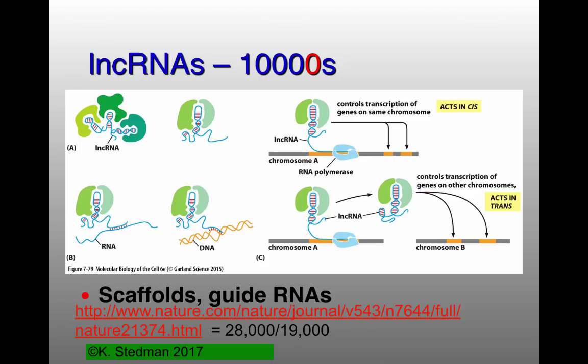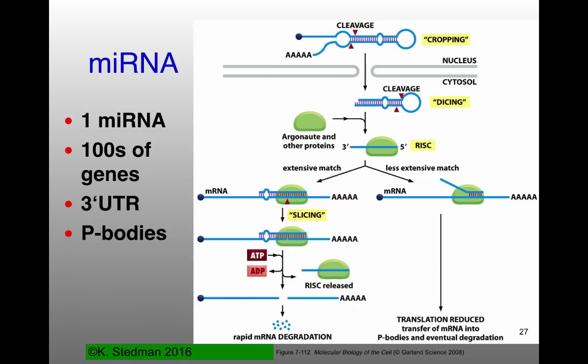But they could also act in trans, where we have, again, proteins that bind to a long non-coding RNA that have some kind of activation at a distance. This can be activation, it can be repression. We're still learning a lot about how these long non-coding RNAs are functioning. The shorter RNAs that George talked about are really in two classes. There's a third one that we didn't talk about.